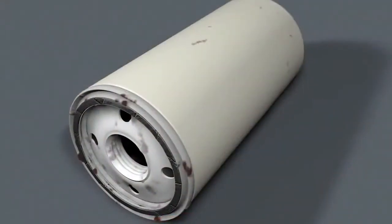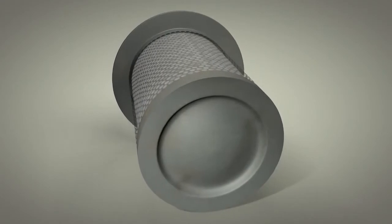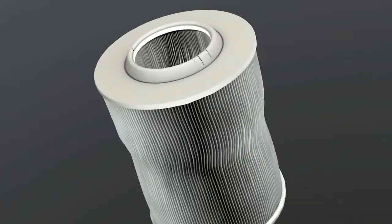To summarize, non-genuine filters are the wrong way to save money because the increased wear or even the failure of the compressor can end up causing considerable expense. Therefore, we recommend